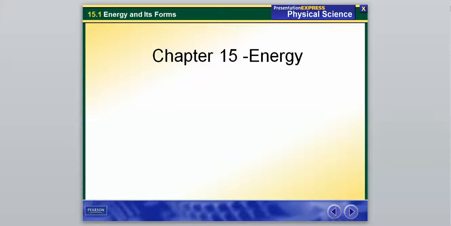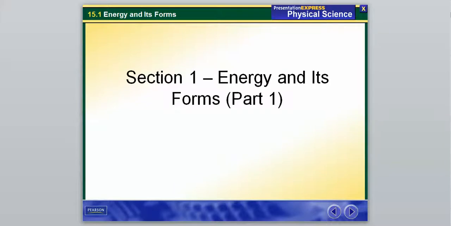Remember, last time the first question on our quiz was: what's the title of the next chapter that we started? So maybe write down that the title of this chapter is energy, and the title of the first section within this chapter is energy and its forms. Energy can exist in a couple of different ways. It's not just one static thing. It's ever changing and converting, which we will get into later on.